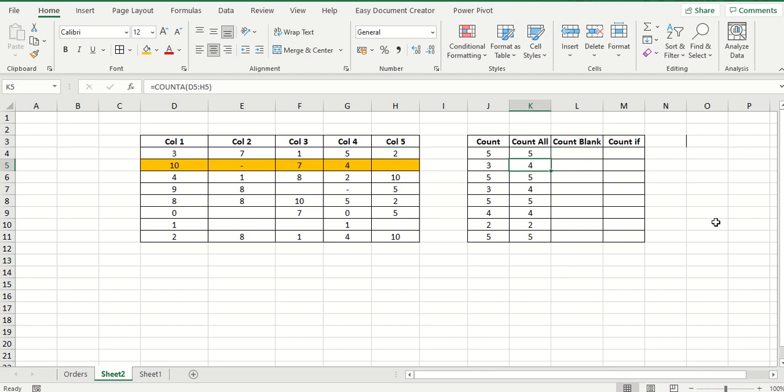Here it is showing as 4 because it is counting column 1, and column 2 also it will count, friends, because there is a text written in this cell, it is a hyphen, so it will count this one also, friends. And column 3 also it will count and column 4 also counts, but column 5 will not count, friends, because it does not have any value. And here also, for this row the value is there in all the columns, friends, so it will come as 5.